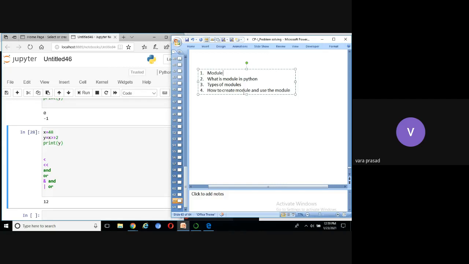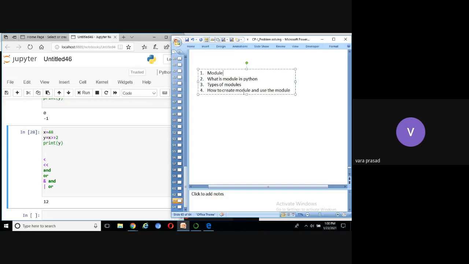If it is user-defined, we need to create a module, and then only we can use it inside the code, like functions. System-defined means it was already created by somebody, and I can use the module in my code based on my requirement. How to create a module and how to use a module, we'll discuss in the next class.